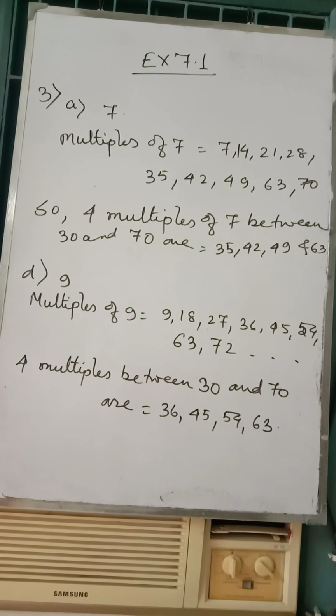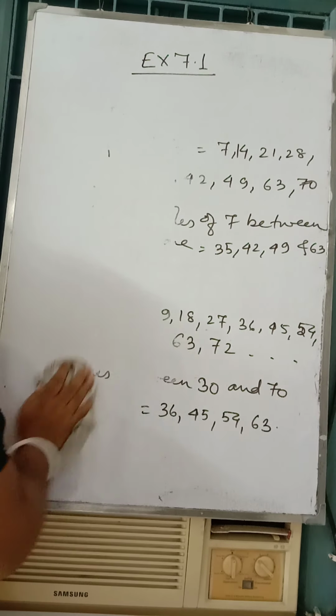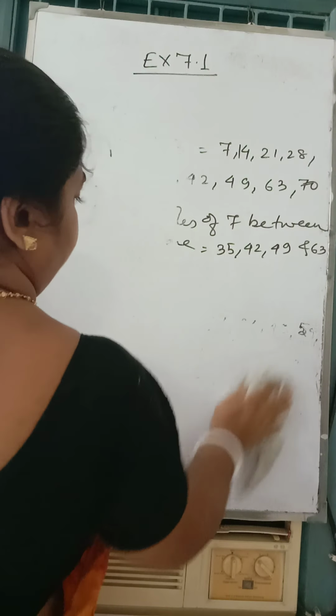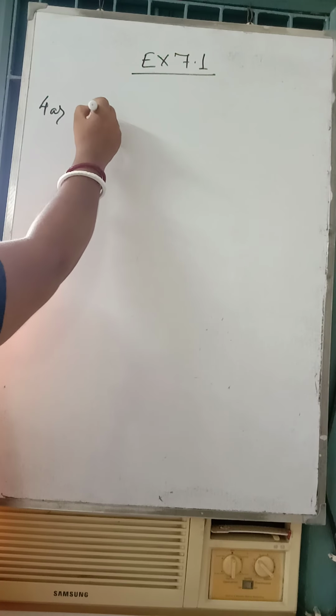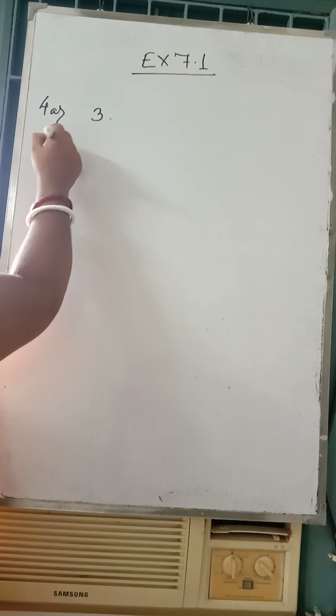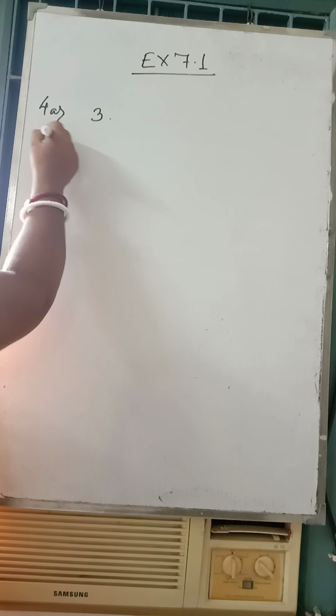Okay. Now here it says write first 5 even multiples of each of the numbers given below. Even multiple means we have to multiply the number with an even number. Is it? As odd multiples, we were multiplying the given numbers with odd numbers 1, 3, 5, 7. Now even multiple means we need to multiply it with even numbers. So let us see question number 4, A, 3. First 5 even multiples, is it?